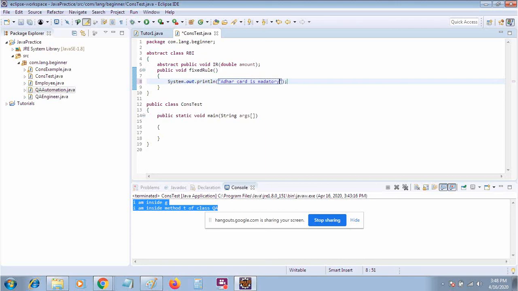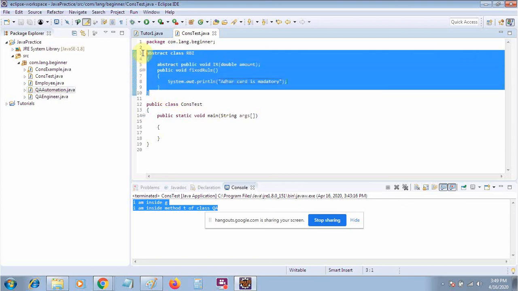is mandatory. So when you get such a scenario where you have to keep some rules common for everyone and some rules which can be changed by their own requirement, but the naming convention should be the same, like interest rate should have the same name for every bank, then you have to use the abstract class.